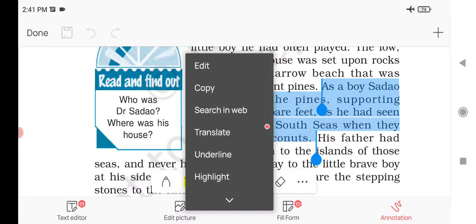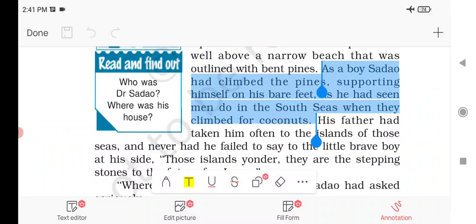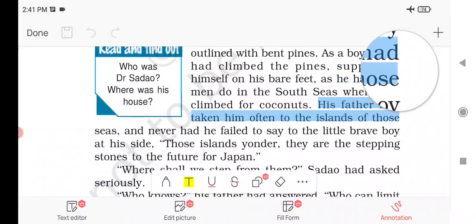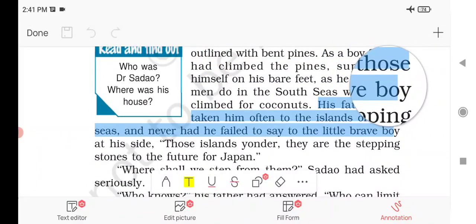In his childhood, he would climb up the pine trees, the same way those coconut collectors would do, right? His father had taken him often to the islands of those seas, and never had he failed to say